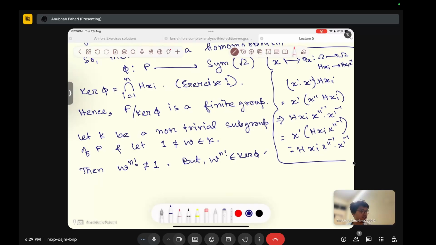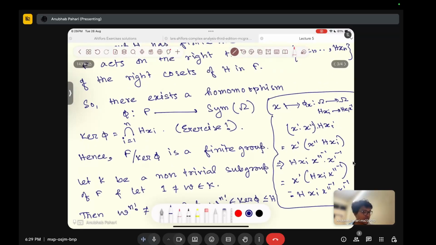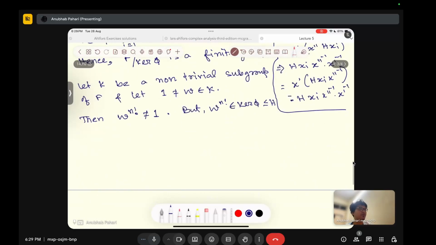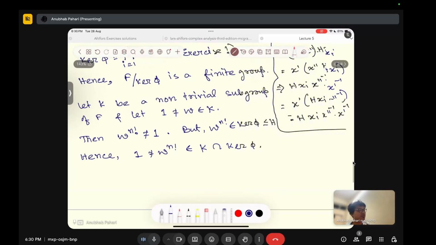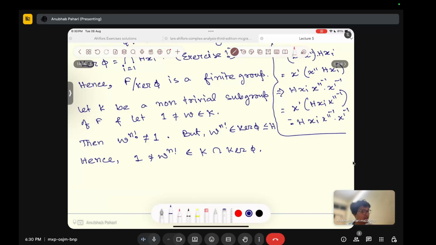Which is a subgroup of H, because this intersection, if you check properly, is a subgroup of H. Hence this non-trivial element W to the power n factorial belongs to K intersection,